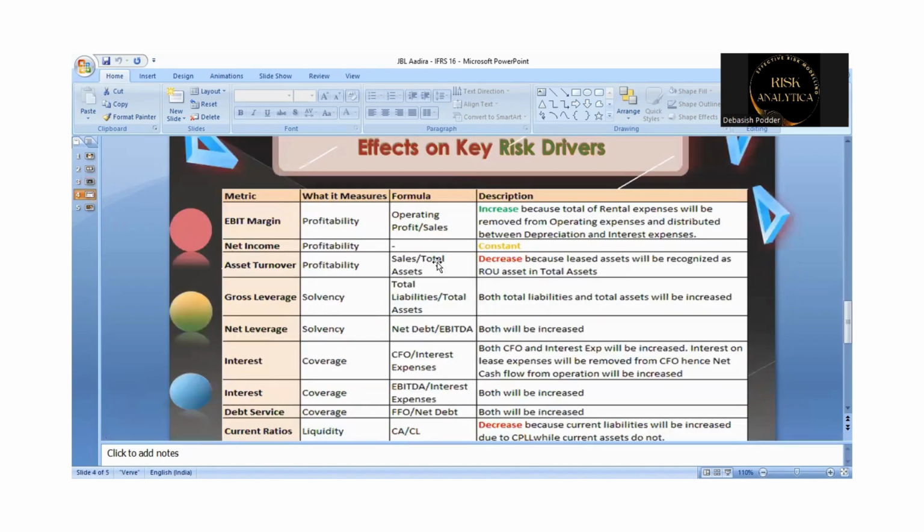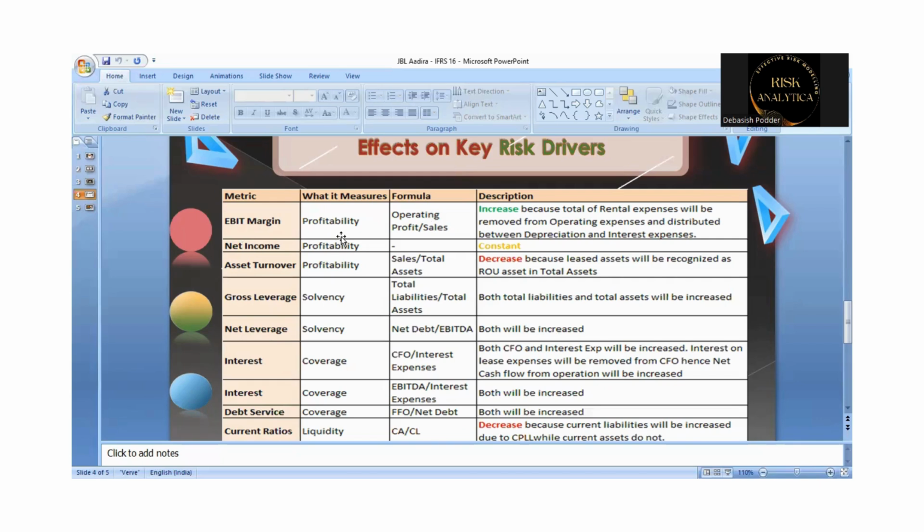Okay, now let me go through the financial ratios where IFRS 16 has been applied. And those are related to the profit or loss account, cash flow statement, and the balance sheet. Okay, now the first metric is EBIT margin. EBIT is basically earnings before interest and tax, which is nothing but the operating profit. What is operating profit? How does it have impact? And its significance, I will take in a separate session, but for the time being let us understand that EBIT margin will be impacted. EBIT margin, the formula is operating profit by sales.